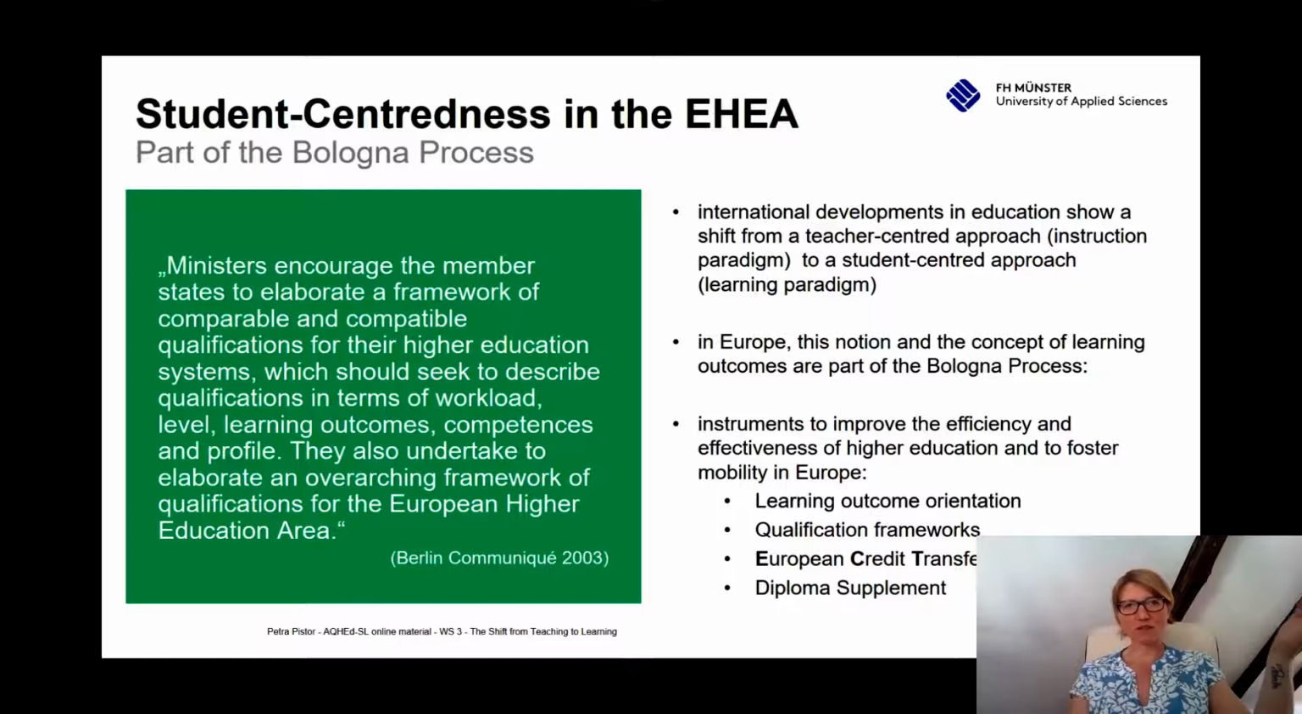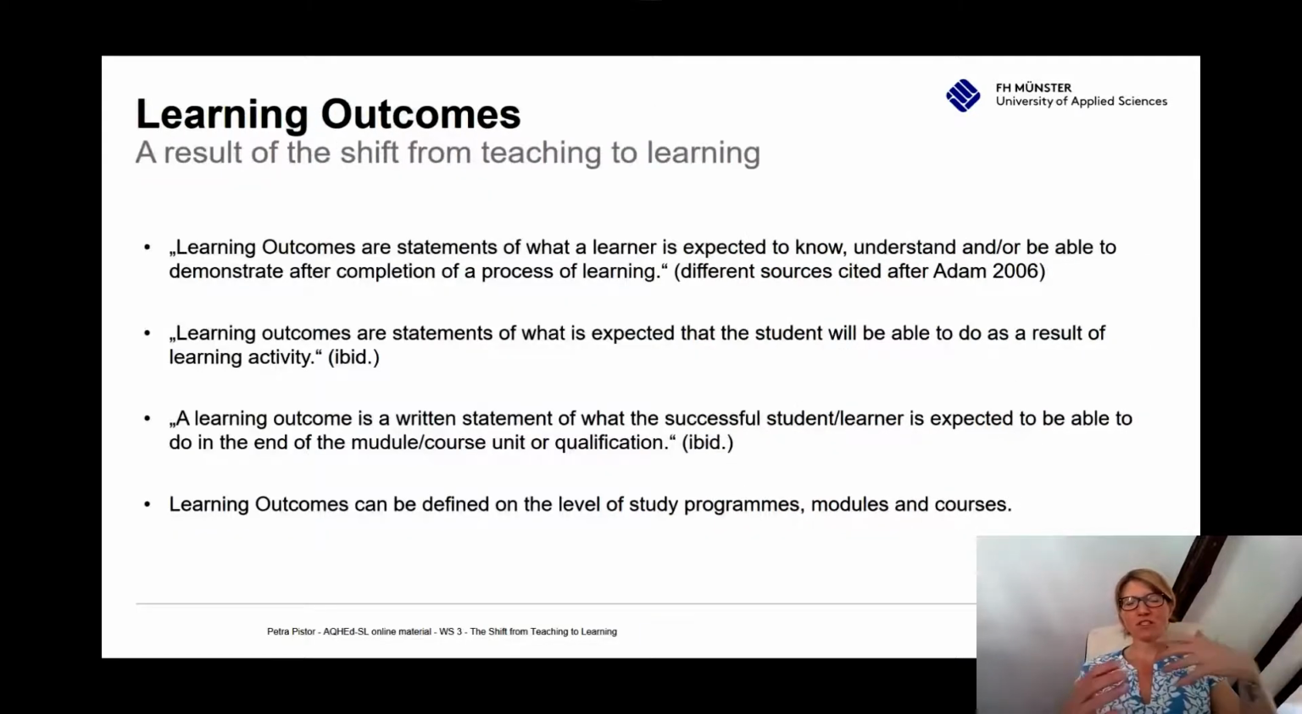Internationally, we can see this development from teaching focus to learning focus. In the Bologna process, there are 4 elements that should improve the efficiency and effectiveness of higher education: the learning outcome orientation, qualification frameworks, the European credit transfer system, and the diploma supplement. I will not go too much into detail here, but I would like to speak a little bit more on the learning outcomes. Along with the shift from teaching to learning,